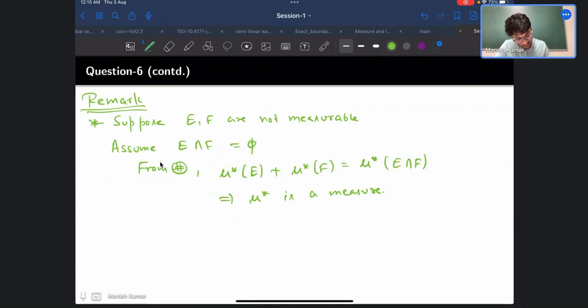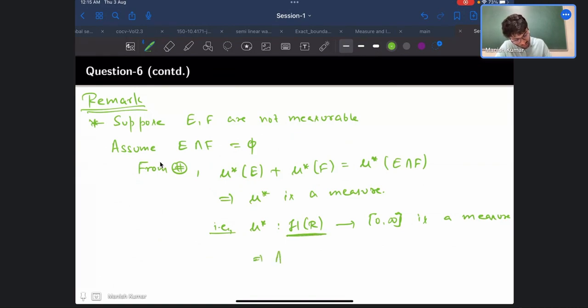So mu star is a measure defined on HR to 0 infinity, and this would mean that